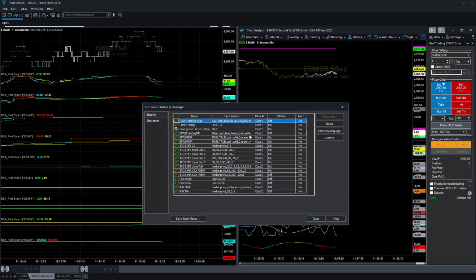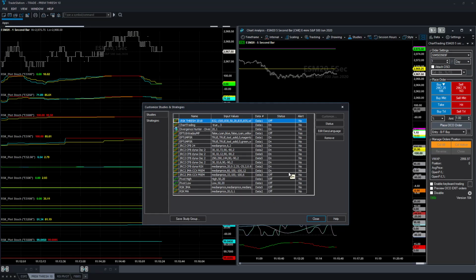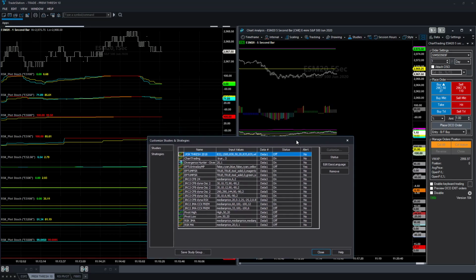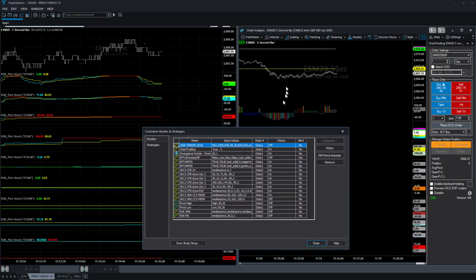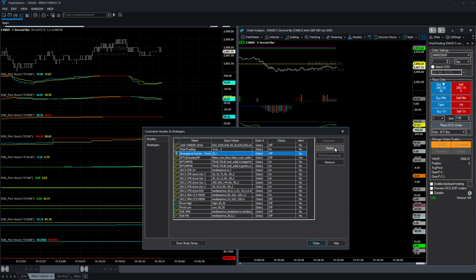And I'm going to turn off any indicator that I'm not really following. So if I'm just going to trade with this, hypothetically, I'm going to turn off